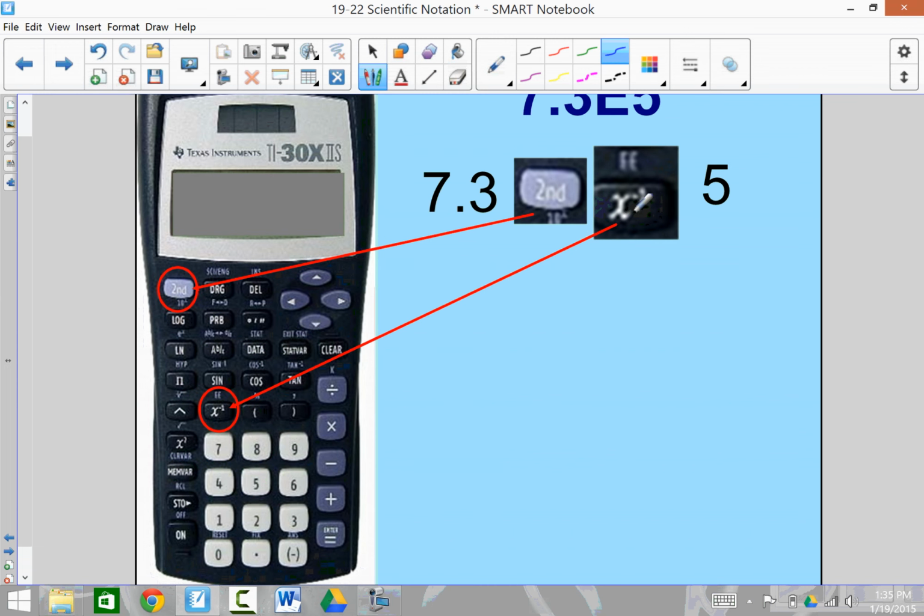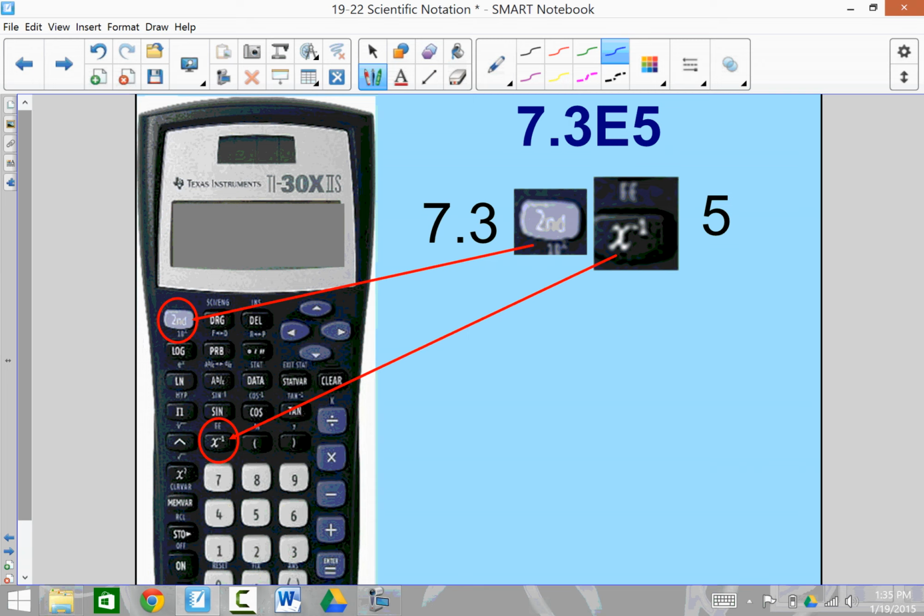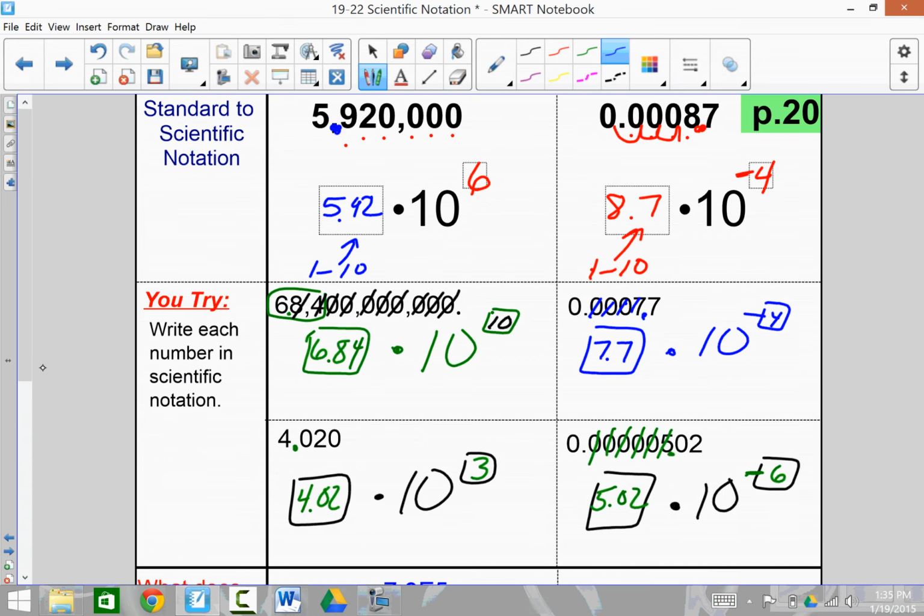And then to get the E, you're going to notice it's a double E on the calculator. Not sure why it's a double E or a single E, same thing. You have to use the second key and then the EE key. If you're using my calculators, right above the 7, you'll see the EE. So you push that, and you'll notice one E appears on your calculator. And then push a 5 and push equals. You should notice you're going to get an answer of